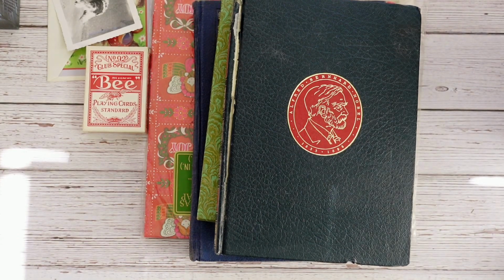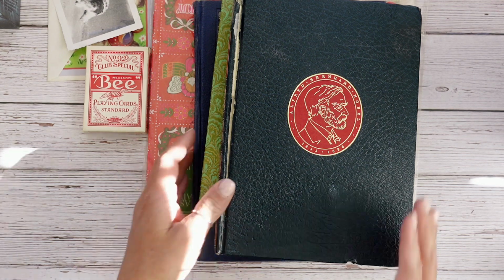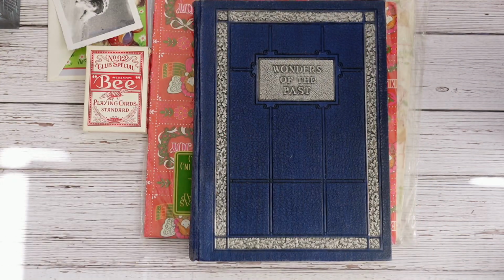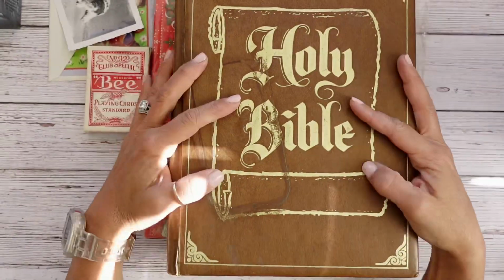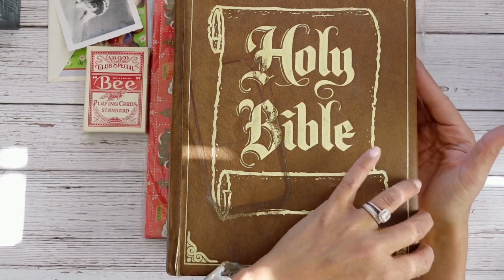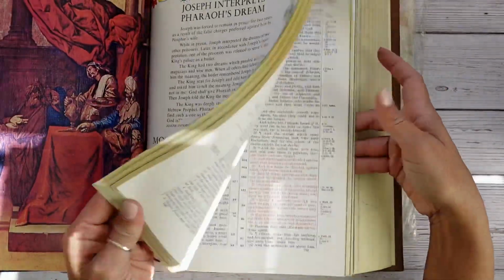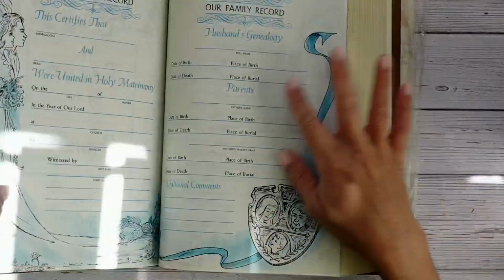And this was one of the last things that I picked up. As we were leaving, I saw it and I just thought I had to have it. I could not leave it there. I almost left it, but a King James version of the Holy Bible. Looks like somebody's cell phone was on there at one point and just kind of melted into it. But I do love the pictures that are in here. I also really love this